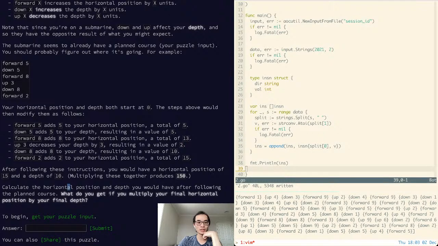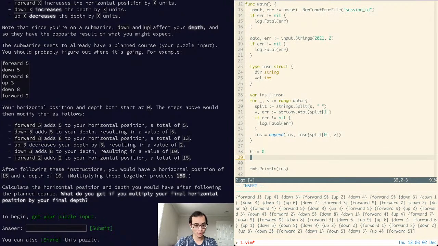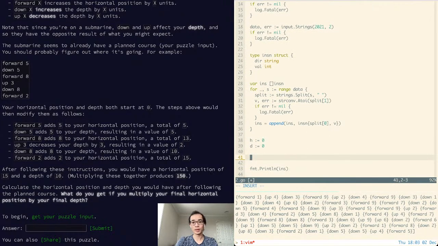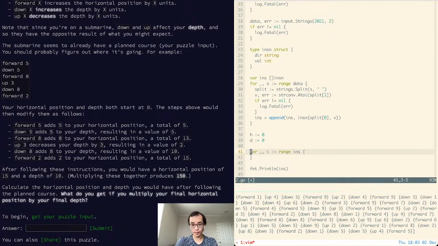Calculate the horizontal position and depth that you would have after following your planned course. What would you get if you multiply the final horizontal position and the depth? So horizontal starts off at 0 and depth starts off at 0. For every instruction we have, we'll switch